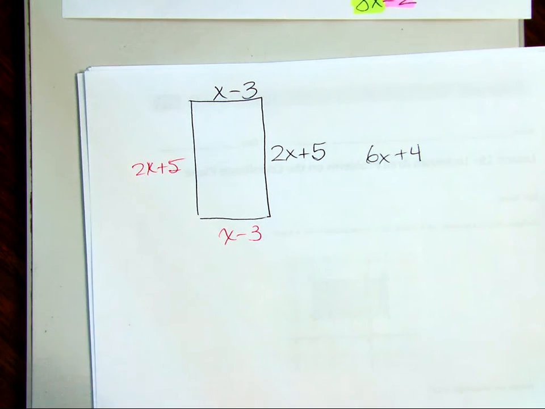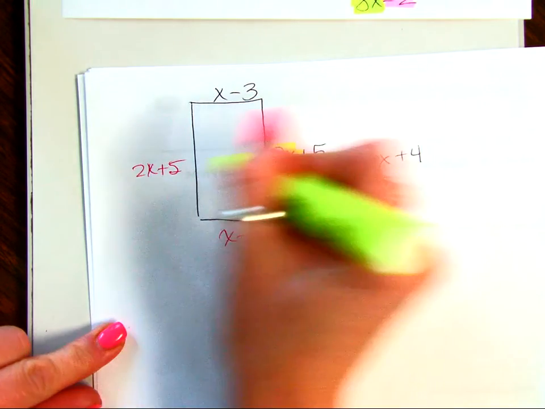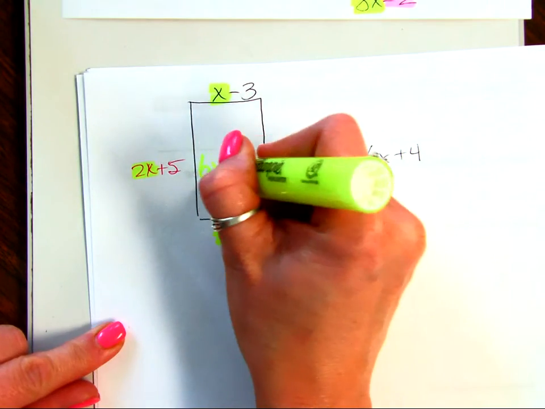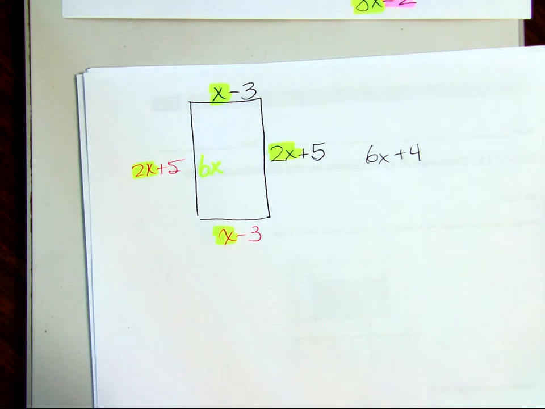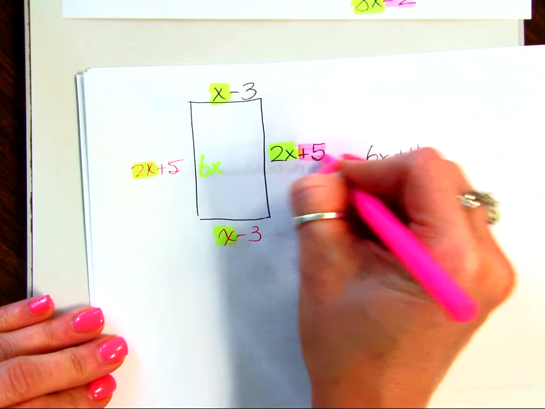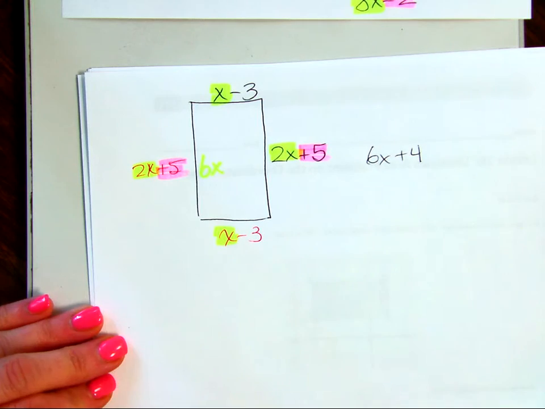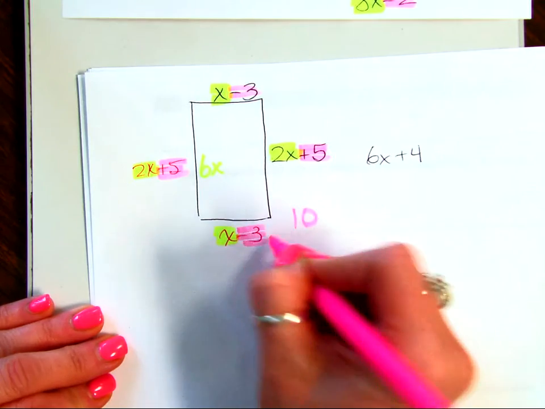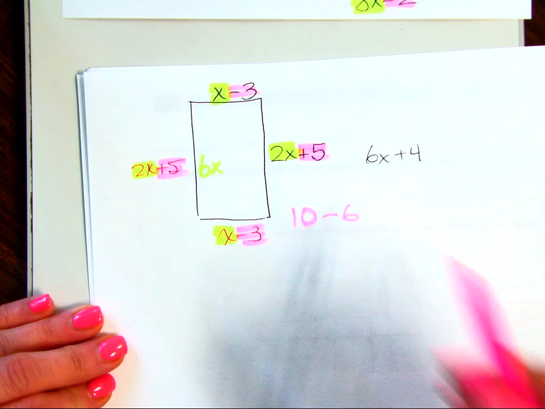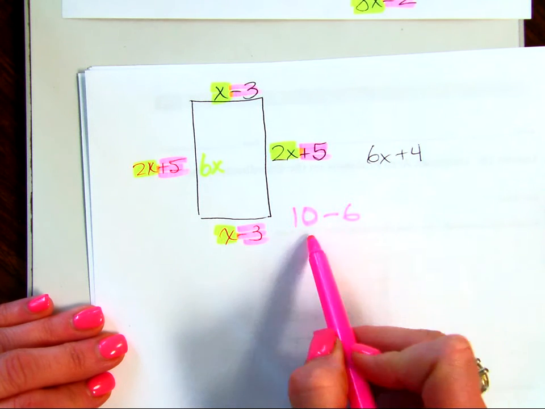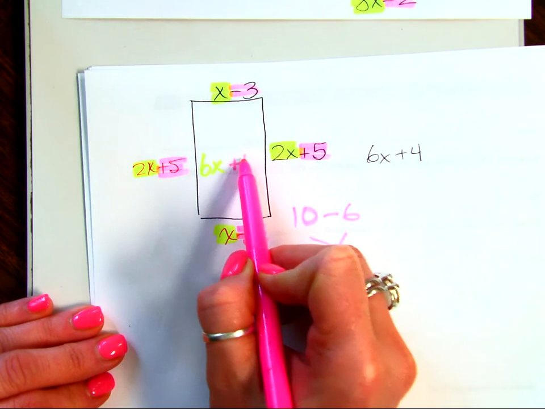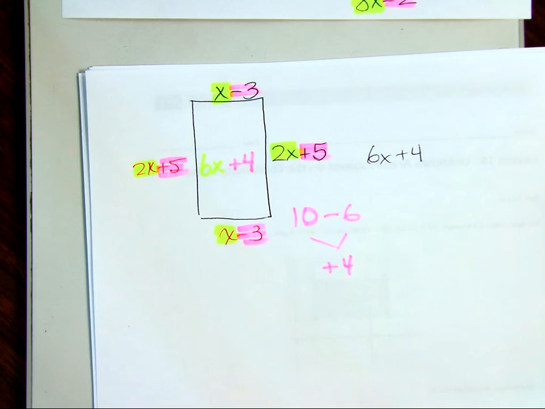So then I take a highlighter and I say 2 plus 2 is 4, 5, 6. So that's where the 6x comes from. And then this is what made it so hard, and I love that he knew to do this. 5 plus 5 is 10. And then that's 10 positives, but negative 3 plus negative 3 is? And the tricky part was knowing that this is a positive 4, so you put a plus 4. Okay, so